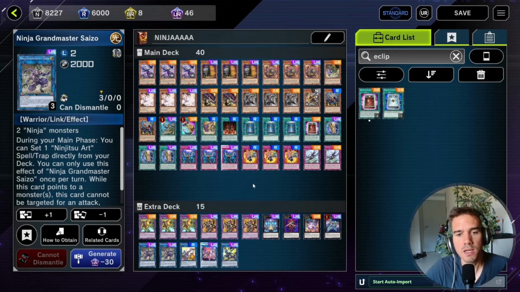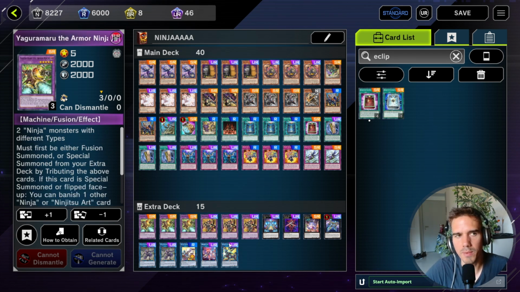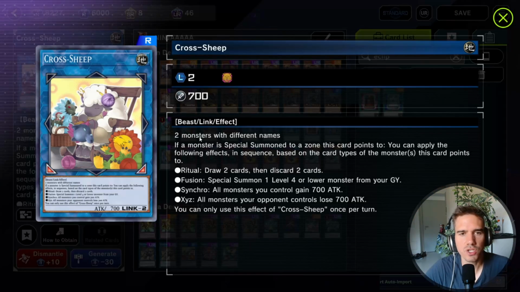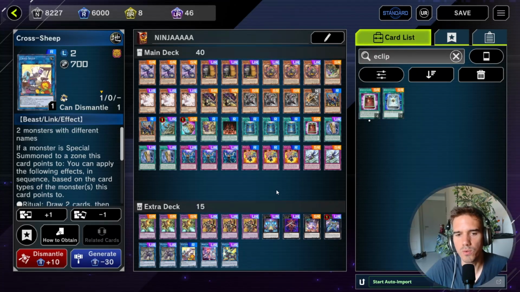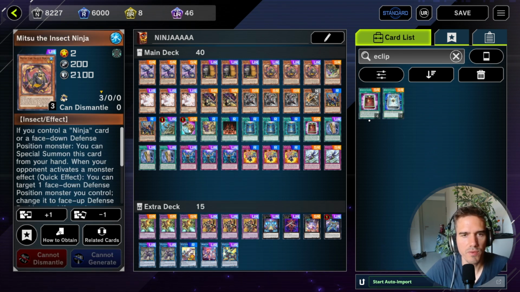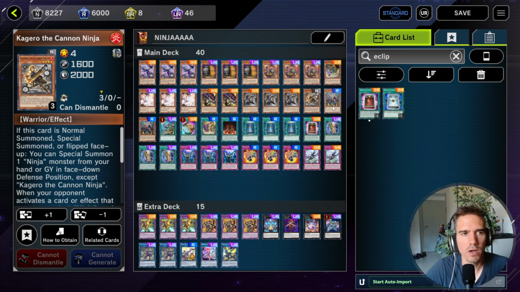Though the thing is that if you have 2 ninja monsters that you can use for something, why wouldn't you go for a Maizen or a Yagumaru, right? Because these are definitely stronger, though this can obviously come up. Then we have the Cross Sheep, which is the card we will use in our Going Second Kill combo. Then we have a Sprite Elf, which can revive cards like our Mitsu,